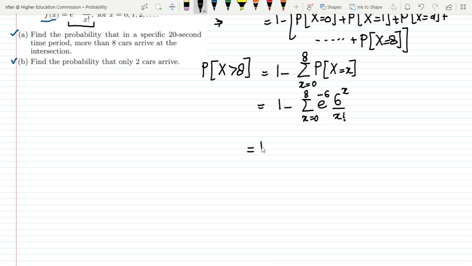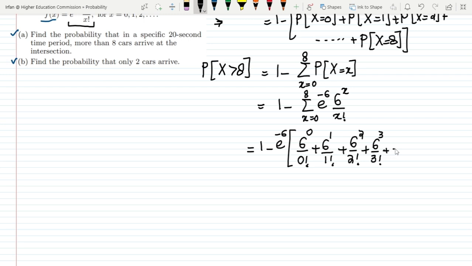So here, doing it, what I will get: 1 minus e^(-6), which is a constant value, so leaving it outside. And here, let me have it from 0: 6^0 divided by 0 factorial, plus 6^1 divided by 1 factorial, plus 6^2 divided by 2 factorial, plus 6^3 divided by 3 factorial, unless and until we add them together